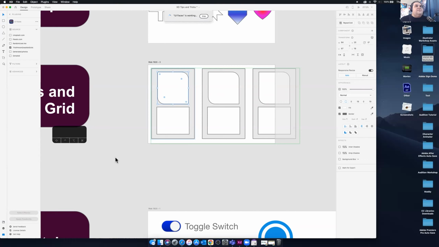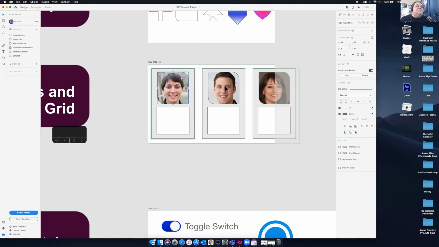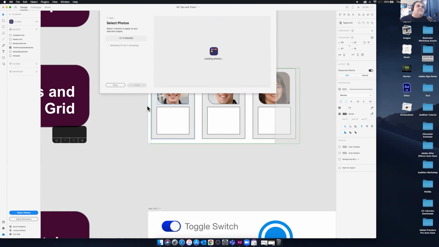It will go to it. Maybe we should have selected ourselves. Cool. And because it's a repeat grid, for every spot, it will add a person. It just randomly selected them. Kind of awesome. If you wanted to select the photos yourself, you'll see you have 3 elements selected, and then